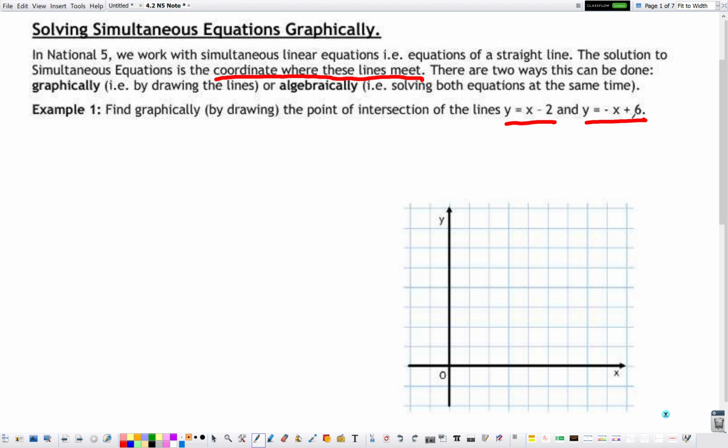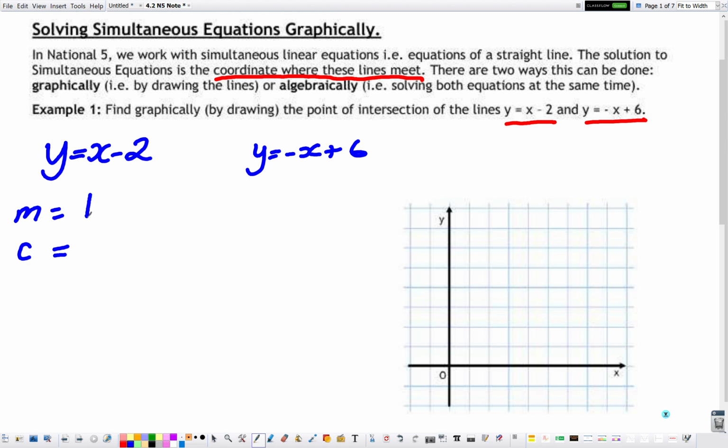x plus 6. So in order to draw these lines, there's two things we need to know. We need to know the gradient and we need to know the y-intercept. That's what we're going to have to find for each of these first. So we'll draw each of these separately, y equals x minus 2 and y equals minus x plus 6. Now in order to draw them we need to know what m is and we need to know what c is in our equation. As you can see in the first one, it's a 1x, so m,